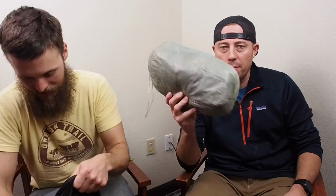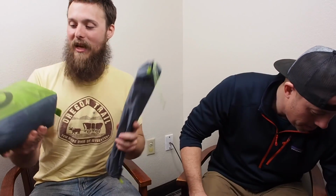The shelter, my old reliable Zpacks Duplex tent. I've got the Nemo. What did you say this company was? It's the Hornet. Oh, Hornet, there it is. It says it right on the bottom. The Nemo Hornet, I'm testing it out. Not sure yet. Where are the stakes? My stakes were in the...